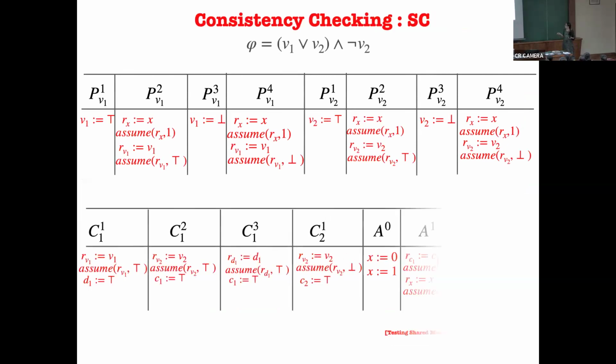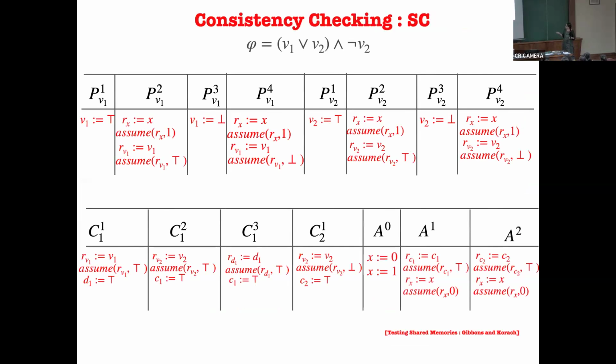And the idea generally is to write processes. So if you look at the way this has to be executed, I have some processes which are trying to assign values to my variables. So I have shared variables V1 corresponding to the variable V1 in the formula, and shared variable V2 corresponding to the variable V2 in the formula. I have some extra shared variables, like X, which I need in my program construction. And then I have to reason that if I can find a consistent execution of this,